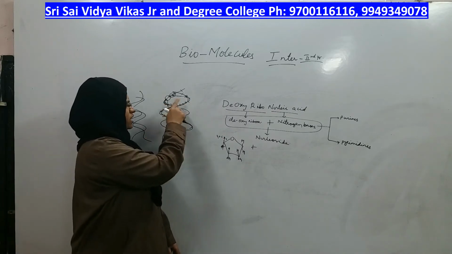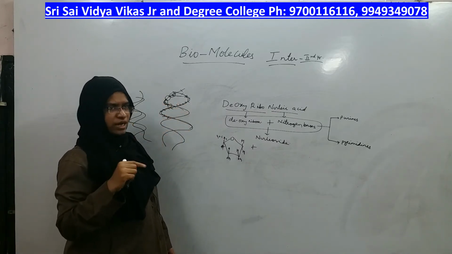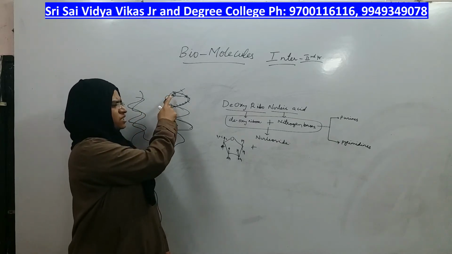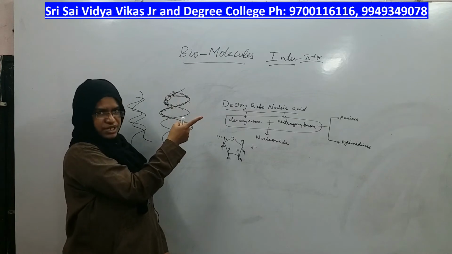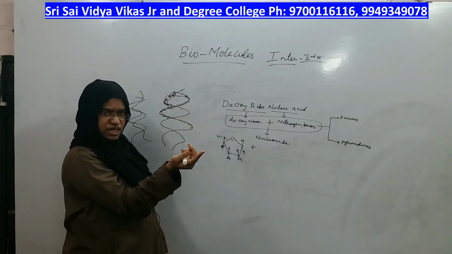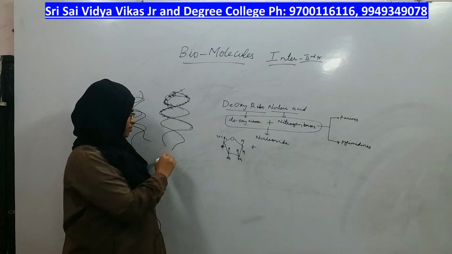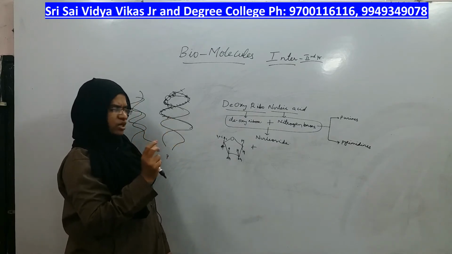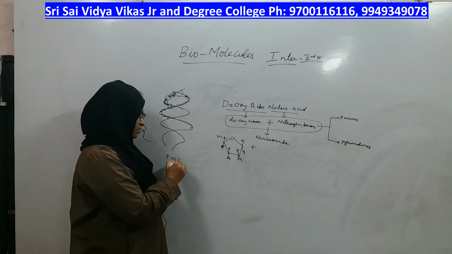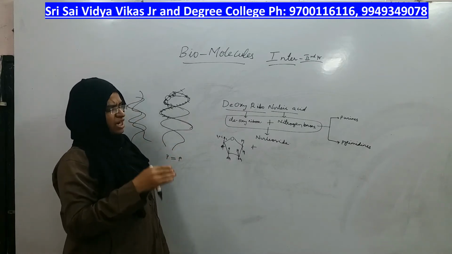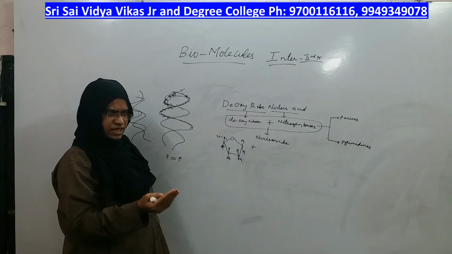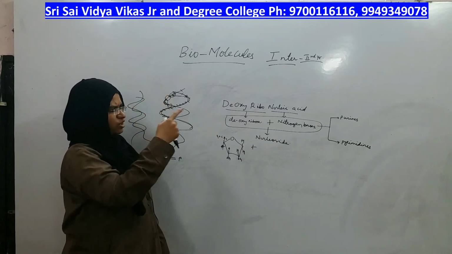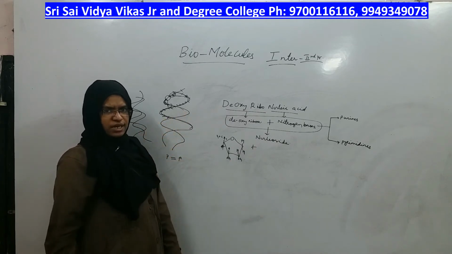I showed two strands of DNA which are held together, right? And in between both there should be a bond, and the bond is through nitrogen bases only. On one strand, if purine is present, on the other strand there should be pyrimidine. Purine and pyrimidine present together, then only a bond can be made. Which purine binds with which pyrimidine, we will see later, but purine on one strand means pyrimidine on the other. That way you will find the nitrogen bases held together.